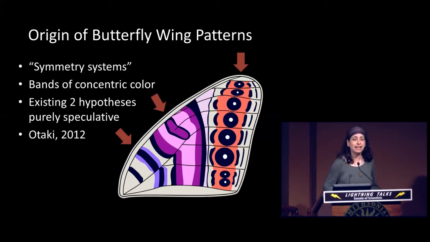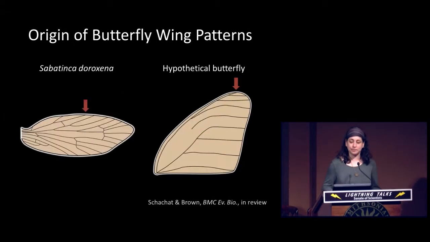Each of these is indicated by an arrow on the slide. Now, there are multiple hypotheses for how these symmetry systems could have originated, but at present, those hypotheses are purely speculative. None of them are supported by any empirical data. So to get at this question, I wanted to go back to the tiny brown moths that I began with